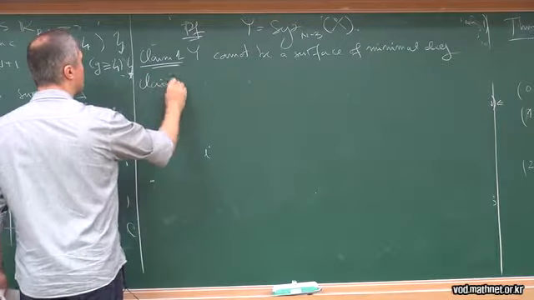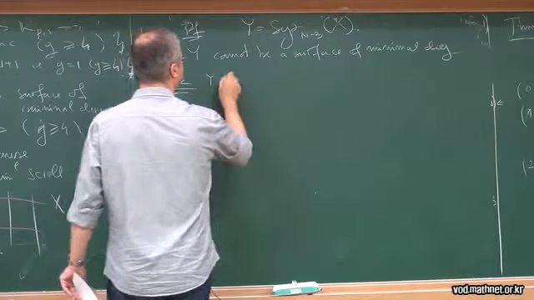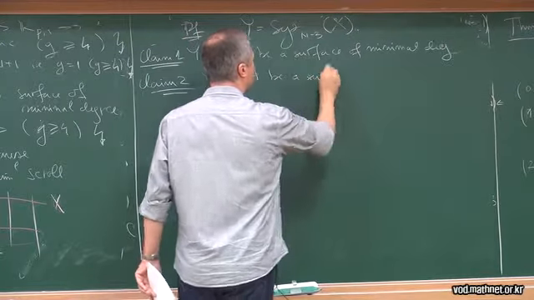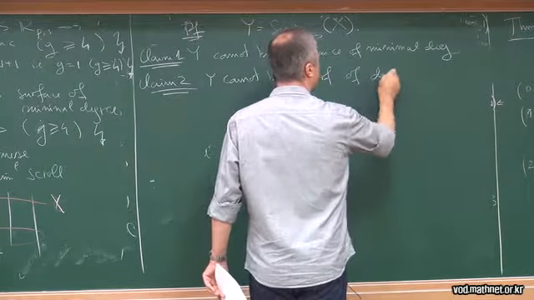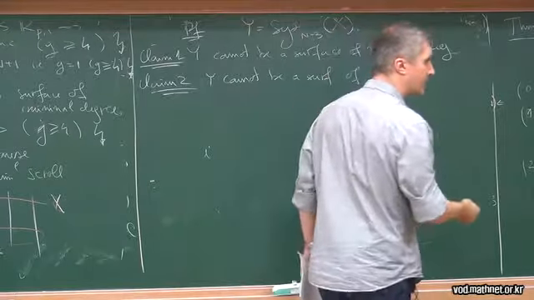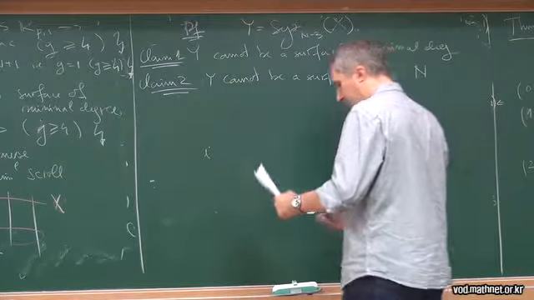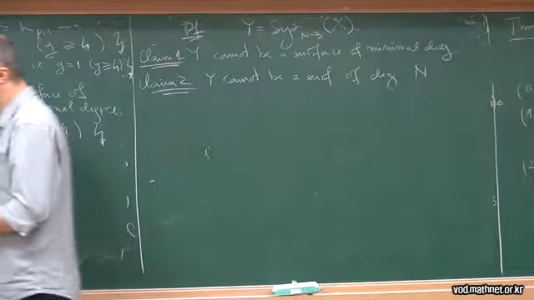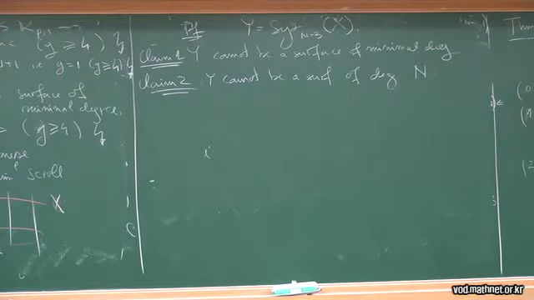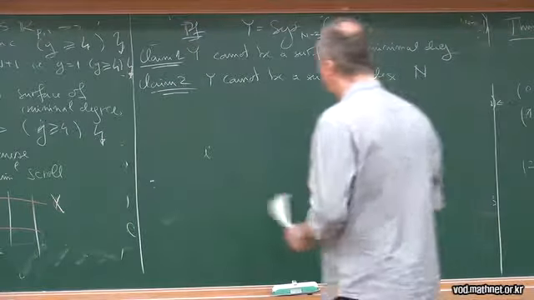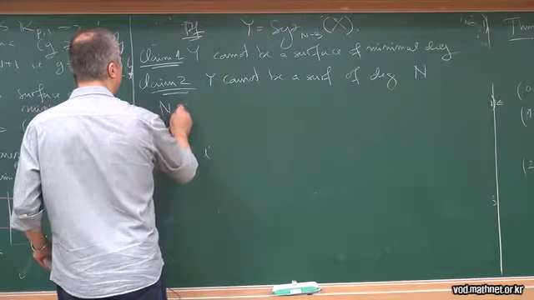Claim 2, Y cannot be a surface of degree 1 more than the minimal degree, which is n. And why is that? Because surfaces of degree 1 more than the minimal degree have been classified by Nagata. So Nagata proves that